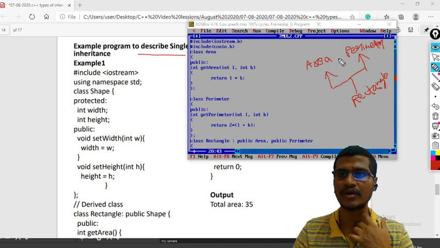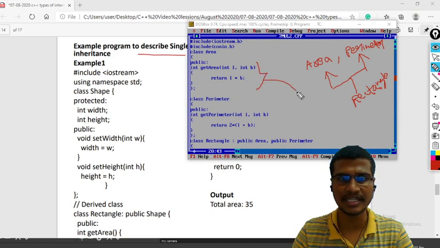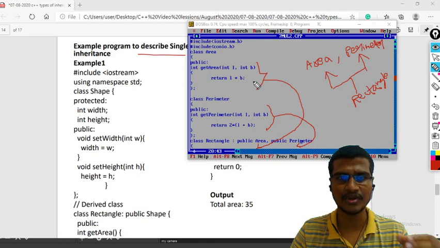So how can I specify? Just a comma. So this is your area and this is your perimeter. You differentiate them by using this comma, and I am deriving publicly. What is the meaning of this? Whatever data members are in the public section will come into the public section of the rectangle class, and the perimeter also publicly.